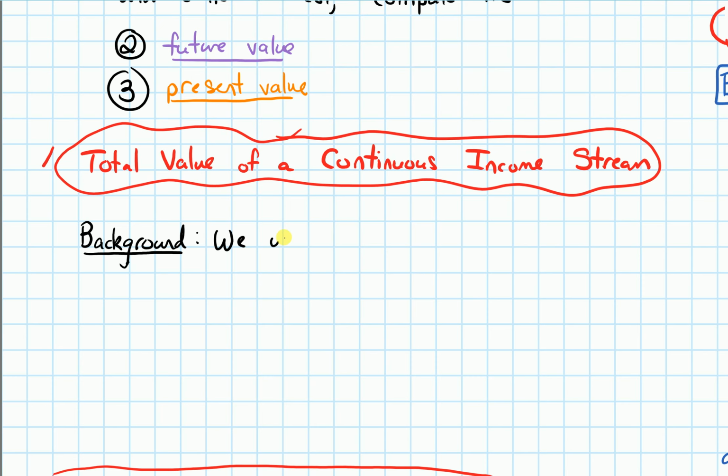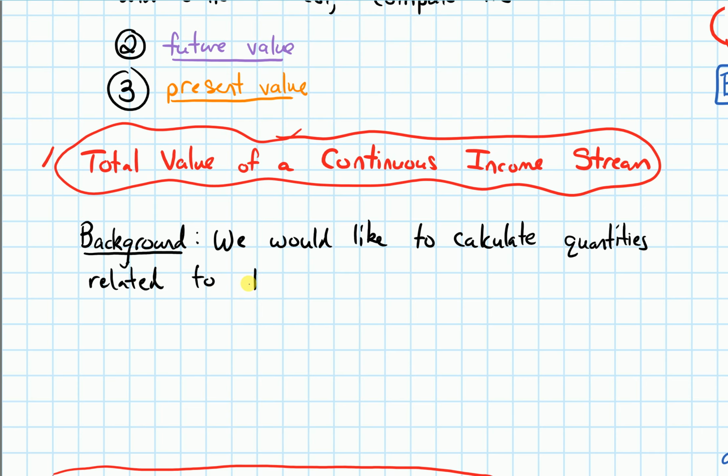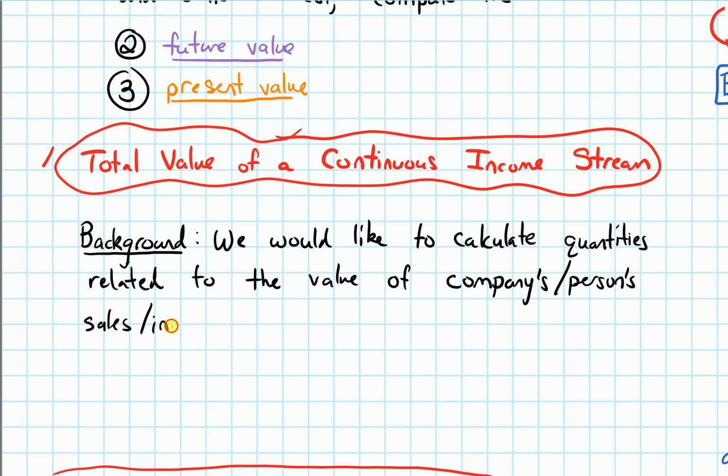We would like to calculate quantities related to the value of a company's or person's, typically it's going to be a company or a person in this scenario, and there's some quantity related to the company or person that we're interested in, like the company's sales or the person's income, etc. So when doing that, it is helpful